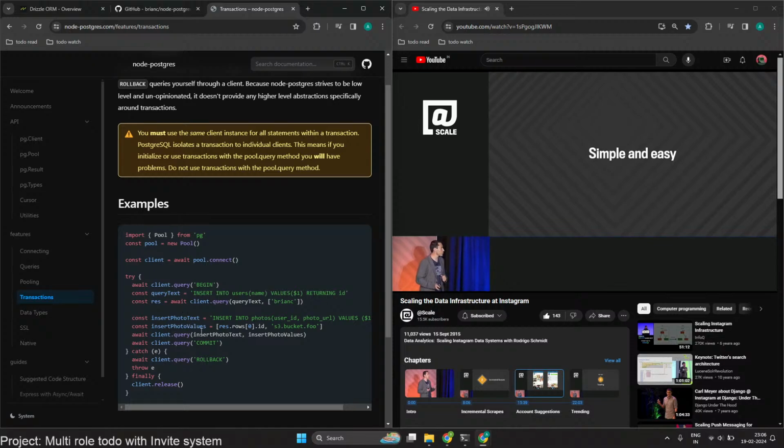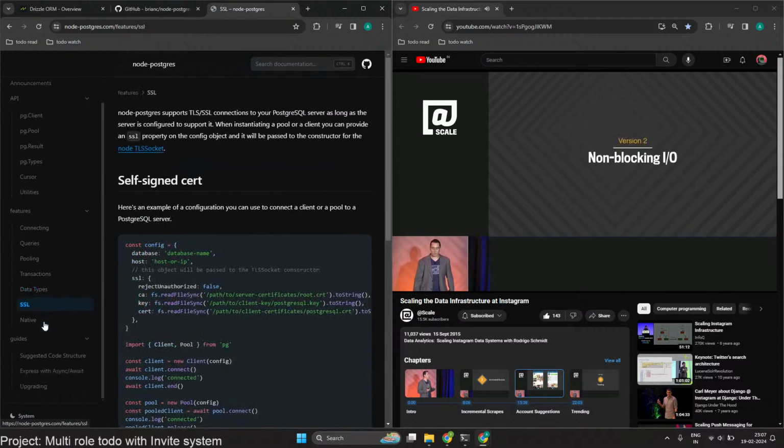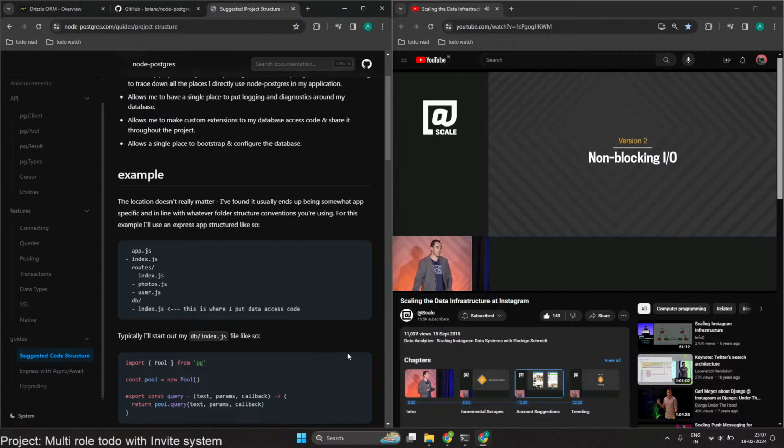Now it was simple, it was easy. It worked at a low scale for quite a while when we had very few entry points for recommendations, but it had too many threads. That's the problem with synchronous I/O. You're spawning a new thread every time you want to make a new I/O request. It has very poor performance.